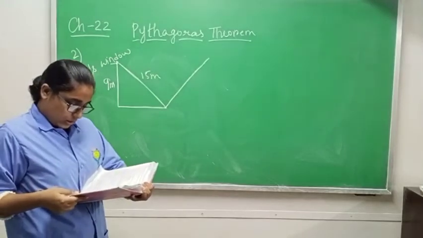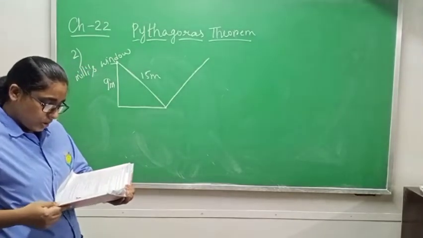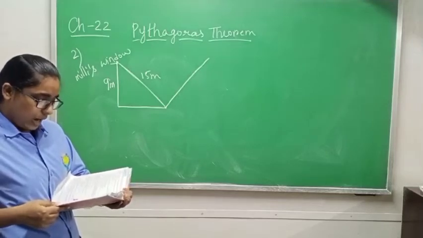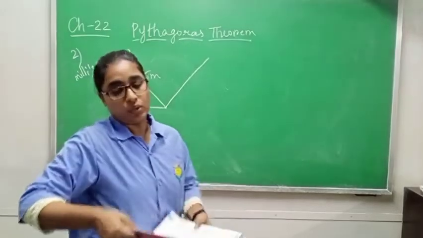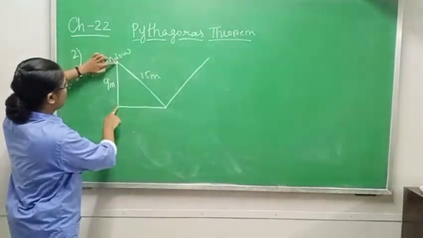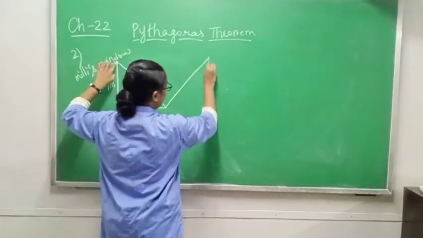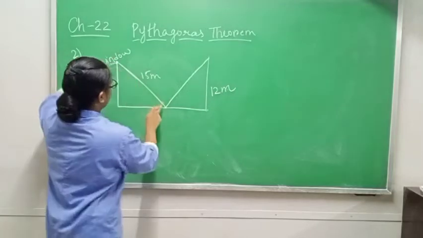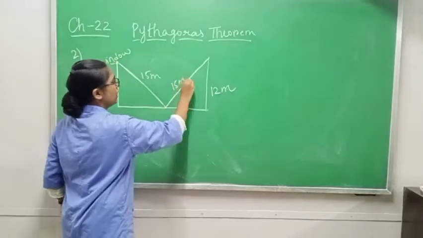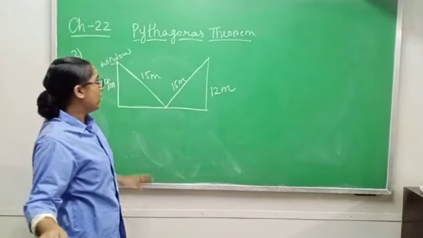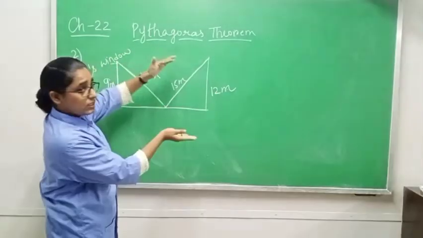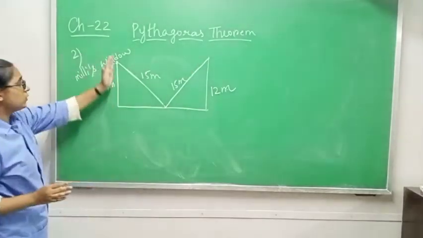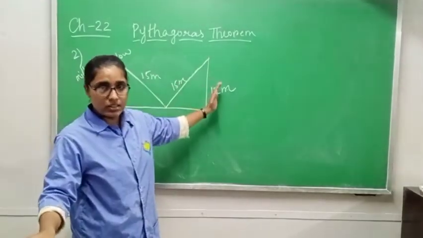Now what is written? The ladder is rotated to touch our window situated on the other side of the room. If our window is 12 meters above the ground, Millie's window is 9 meters above the ground and our window is 12 meters above the ground. If the ladder is 15 meters here, here also the ladder is 15 meters. The ladder will not change. Why? Because the ladder is rotating. From here it is going to the other side, and here Millie's house is, and our house is on this side.